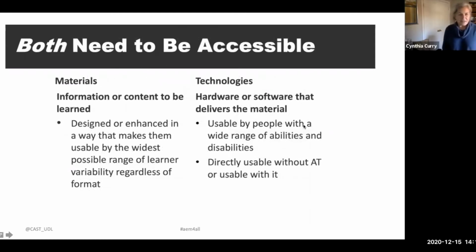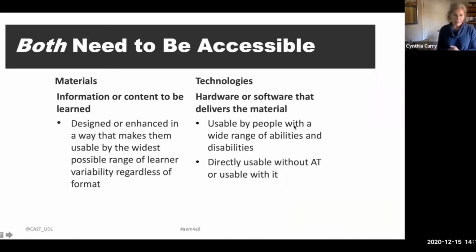We're often asked at the AIM Center, well, what's most important for us to purchase to be accessible? And you can't make that decision because everything needs to be accessible in order for it to be interoperable. So whenever somebody says, well, we have this many dollars to spend in our procurement, what do you recommend is most important that we purchase that's accessible? It's really a false decision, because if you purchase one thing that's accessible and everything else is not accessible, you won't have the interoperability that's necessary. So accessibility applies across all materials and technologies.